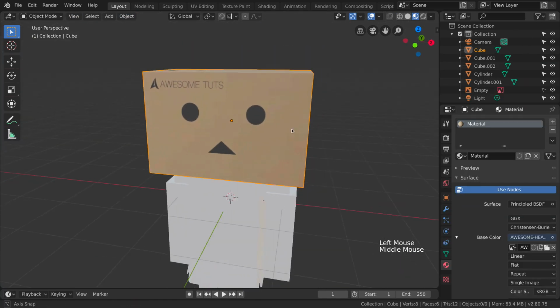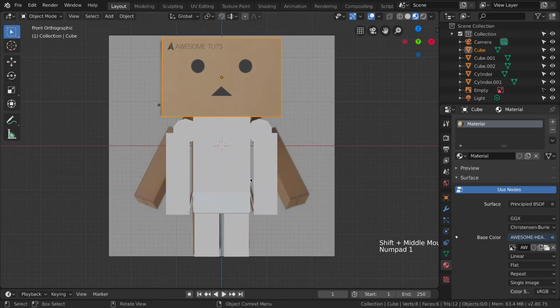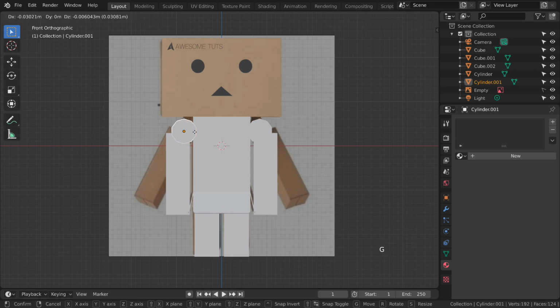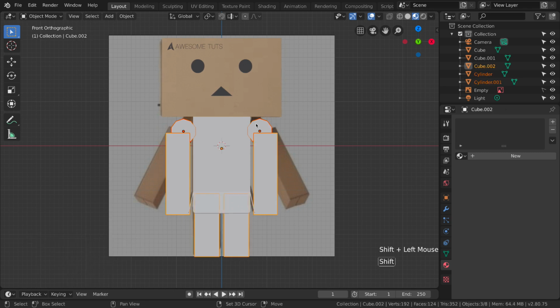So I will move back in layout mode, layout workspace, and now I will select our hands, and also I will join shoulders as well. So I will just move this shoulder a little bit to the left to match our right side. So I will select shoulders and hands and legs, and with Ctrl and J I will join them together like this. And now again I will create material for it,